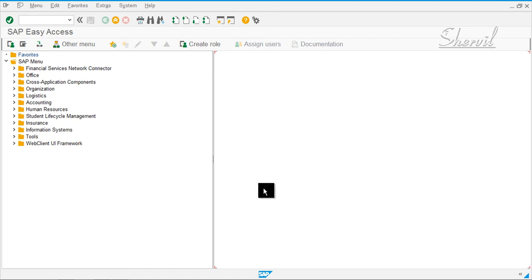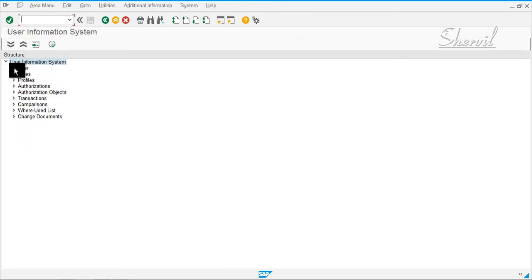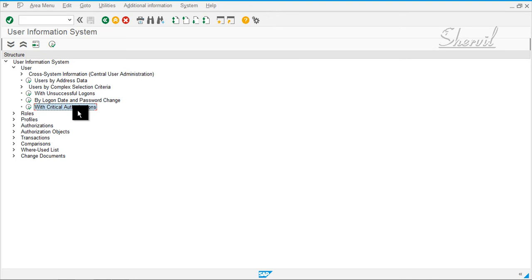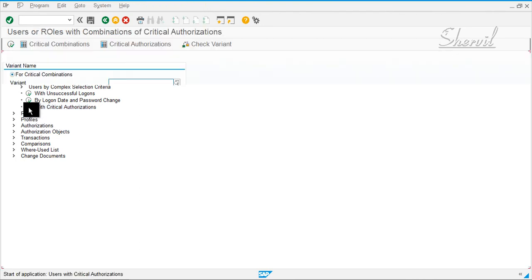Let us see now how to create a critical combination report, which is basically your SOD report, within SAP. So again, we're going to use the RSUSR008_009_NEW report. To get to that report, you can go to SUIM. If you have access to SA38, you can execute using SA38 also. But normally in production environments, we don't get access to SA38. So in such a case, you could come to SUIM and then execute this report.